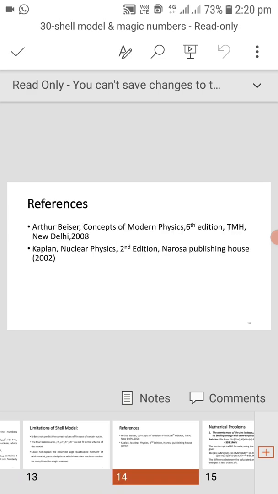And these are the references for the shell model, that is Arthur Beiser, Concepts of Modern Physics, 6th edition, TMH New Delhi, 2008, and